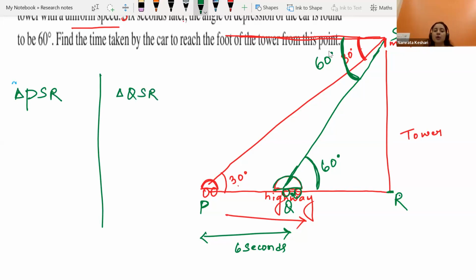Whatever is known to us, we will be writing it over here. Later on, we will be thinking about the 6 second uniform speed, but for now, whatever we know, we will be doing. Okay, so PSR, QSR. Now in PSR, if we focus on this bigger triangle,